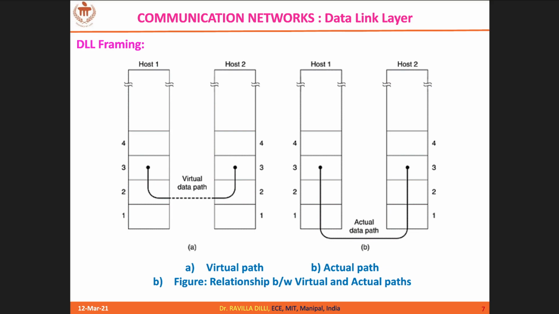This is just to understand the difference between the virtual path and the actual or physical path. You can see the layer 2 peer entities, the data link layer, and the dotted lines in the first figure. They indicate the virtual path. But what is the actual or physical path? Layer 3 will give it to layer 2, layer 2 will give the content to layer 1, and layer 1 is the one that actually transmits the data through the physical medium, and the reverse journey takes place at the receiving end. This is the actual or physical path.